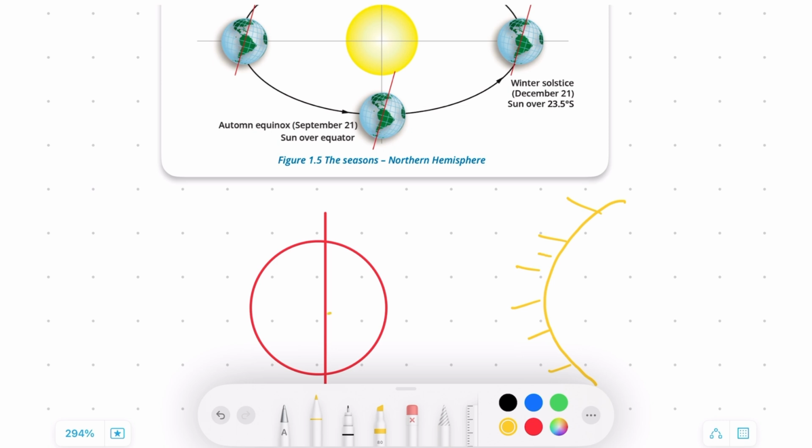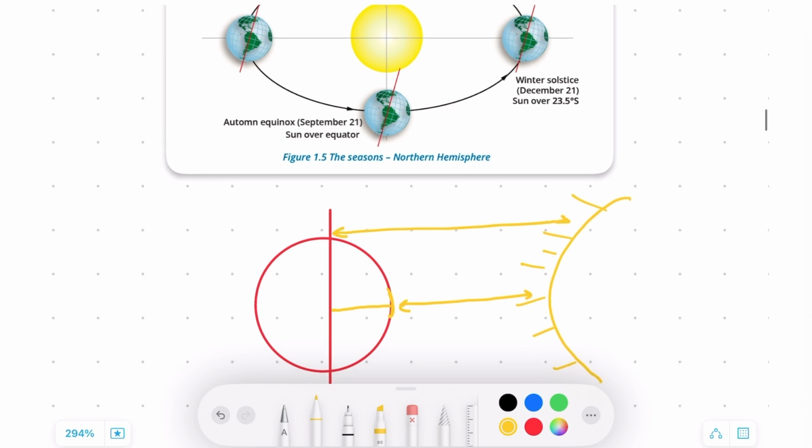We would have had maximum heat being experienced at the equator, because the equator was closest to the sun compared to the poles, right? Because the equator was closer, it would have experienced more sunlight, and that would have led to it heating up the most, right? Fine. But because of this tilt, what happens is